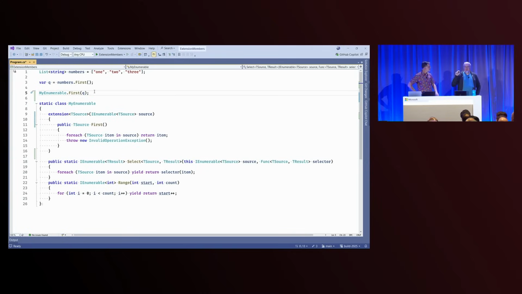We call it an extension block, but it's not really a thing that's there. It's almost like a holder, right? I think you described it earlier to me as the thing where we take all the things that make an extension method an extension method, all the things that are very methody, the generic type parameters, the receiver parameter, and we just lift them up into this block. And now they can be available to everything inside of it. So right now it's like, wow, you just made a really wordy way to write an extension method. Great job, guys. I can put more in there, which we should do.